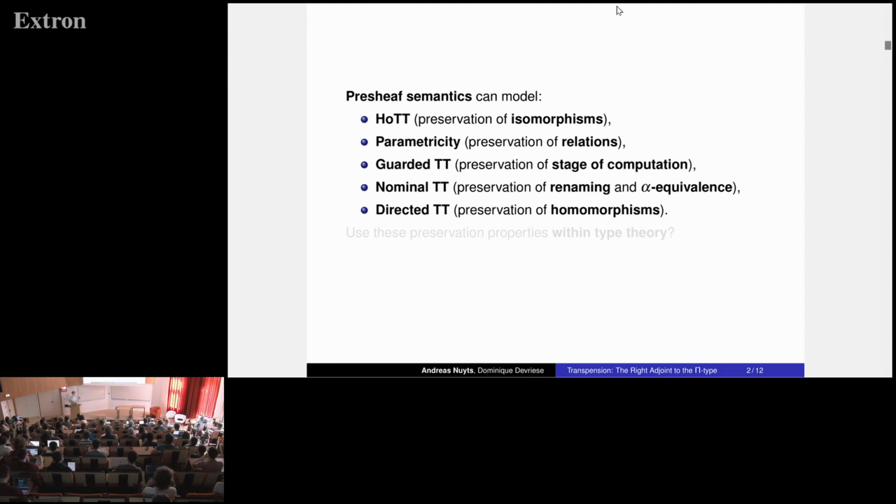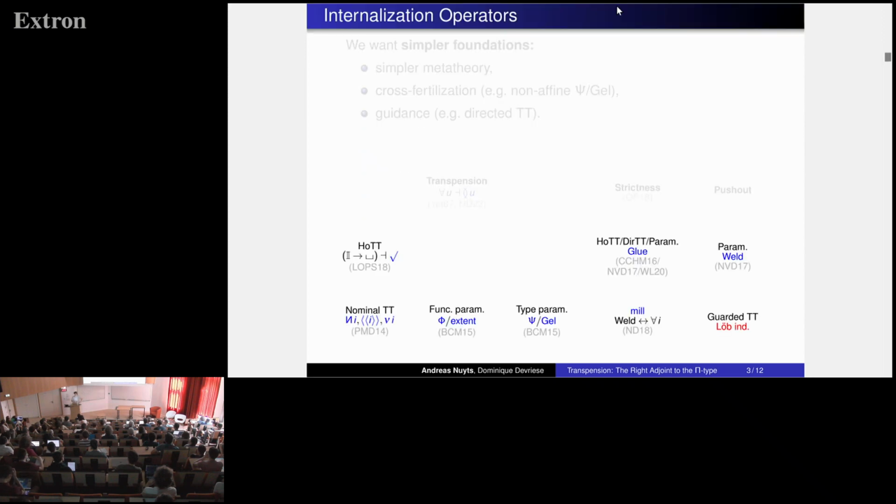But as we know, dependent type theory is not just a programming language, it's also a logic, and so we would like to use these preservation properties in our proofs within dependent type theory. And of course, this is not possible in plain dependent type theory, which has simpler models also. So the solution is to add operators that internalize aspects of our presheaf model so that we can use them within the type system. And the current state